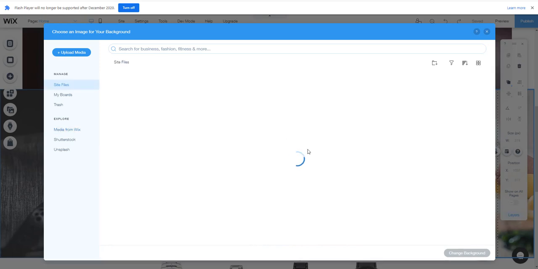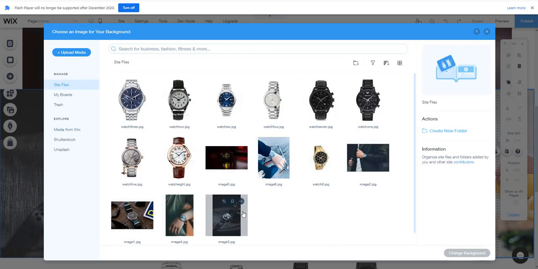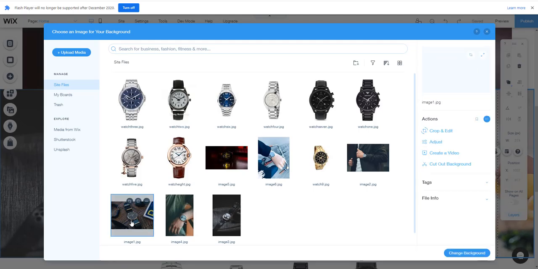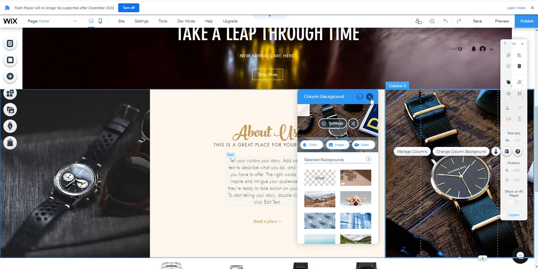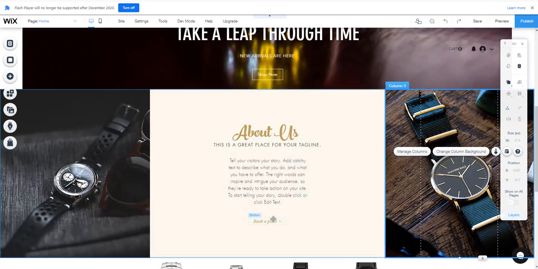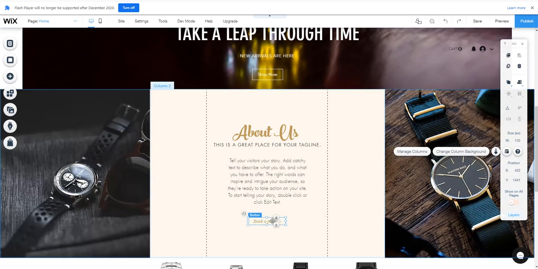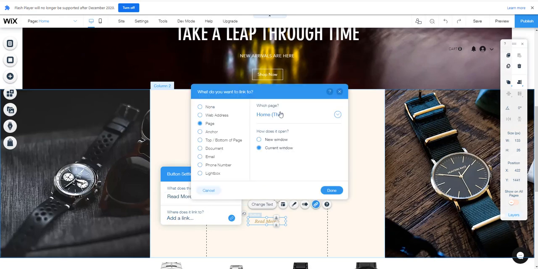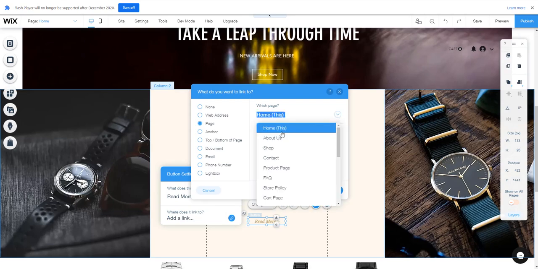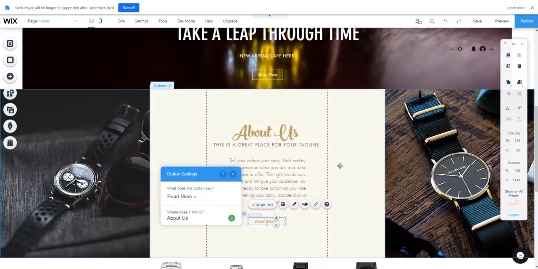go to the site files, and then I'm going to choose this image. And there we go, fantastic. What you'll also notice is that it's saying here in the bottom of the About Us, book a place. We don't want it to say that. So left click, change text, and we're going to change this to be read more. That way the user knows they want to read more about the company, they can click there and that'll take them there. Click the add a link option, click the down arrow, choose About Us, click done, and that's that